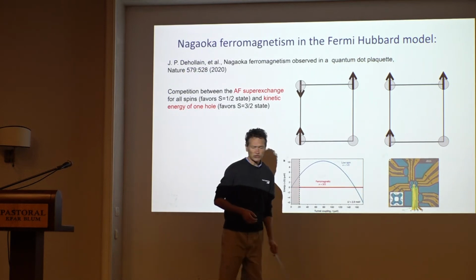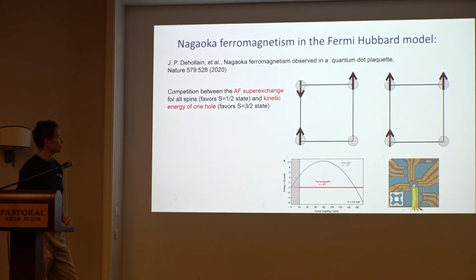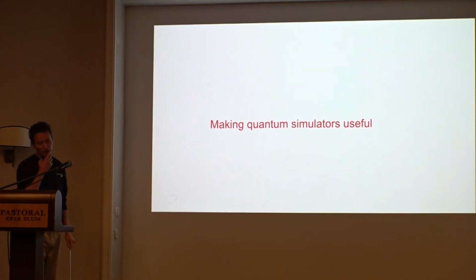This question was investigated by the Vandersypen group in Delft, and they indeed saw this transition. It's remarkable. I'll be happy to talk offline, but if you look at the numbers, energy scales are such that one really needs to include many levels inside individual dots, so the naive Fermi-Hubbard model should not apply. However, when the dust settles, one also finds this transition between ferromagnetic and antiferromagnetic state, and they saw this in experiments before it was seen in cold atoms experiments. Okay, but now let me move on.